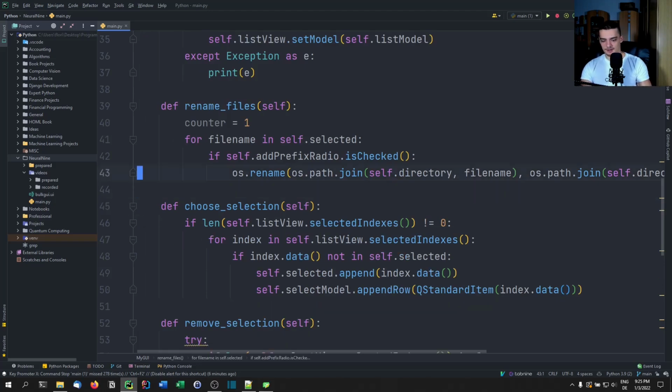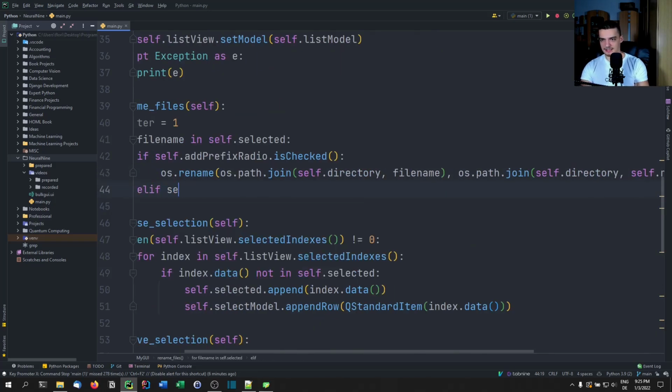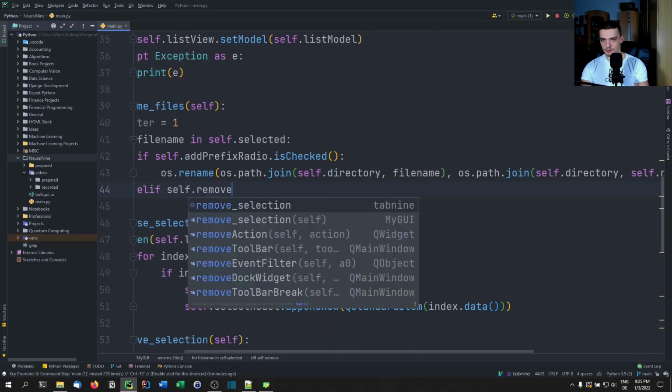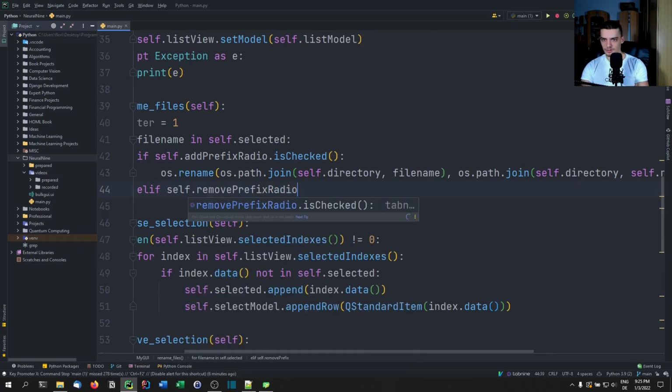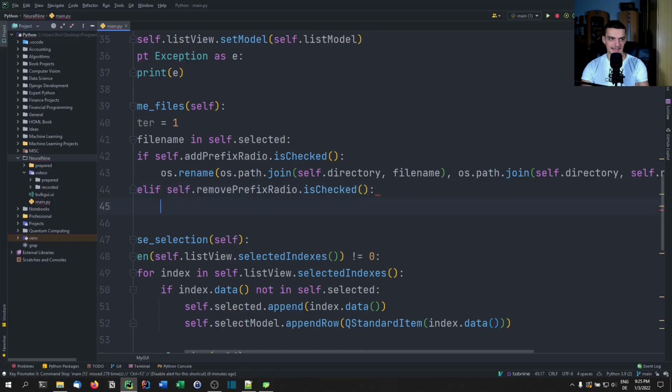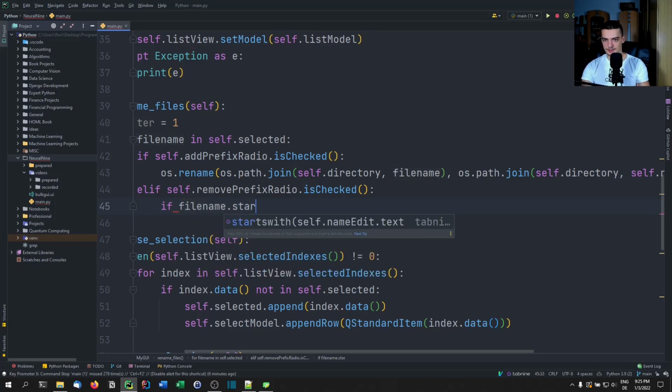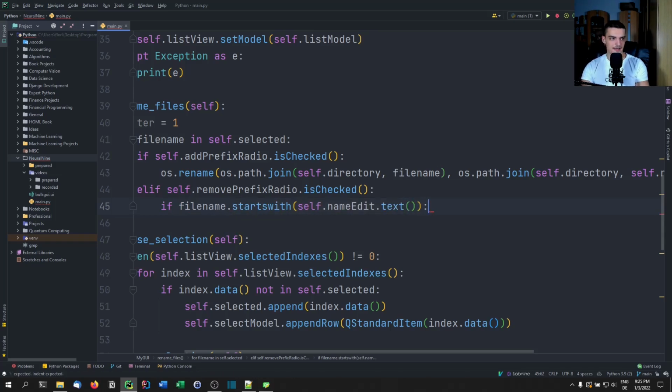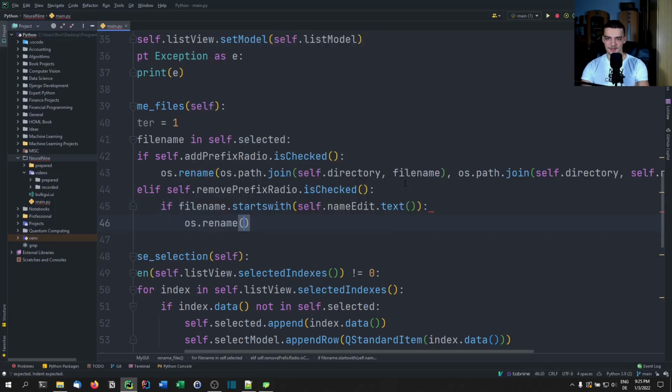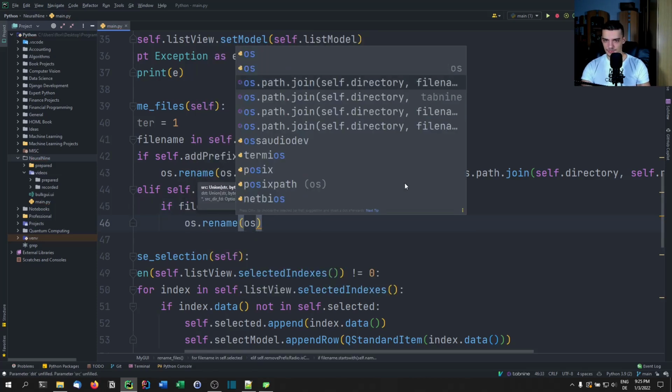And then we have the other cases as well. So we have the case that self.remove prefix radio is checked. And in that case, we need to check, first of all, if the file name actually starts with the prefix, because otherwise it doesn't make sense to remove it. So we're going to say if file name dot starts with self.nameEditText. If that is the case, then what we're going to do is we're going to rename the current file